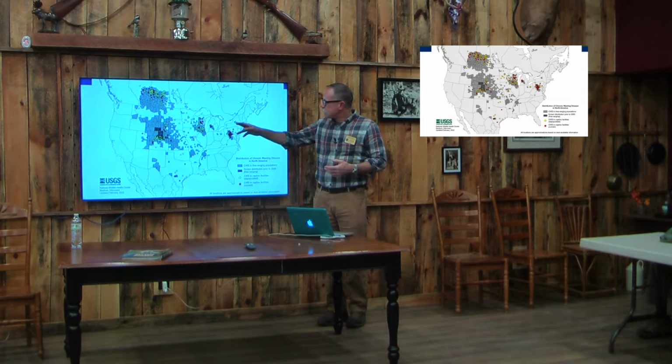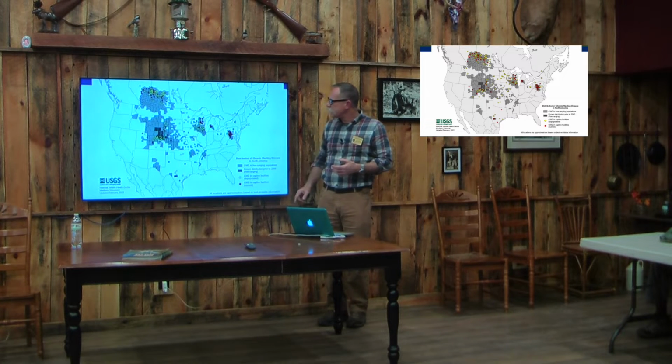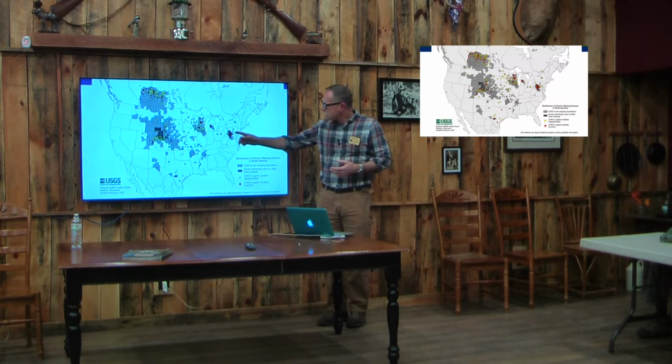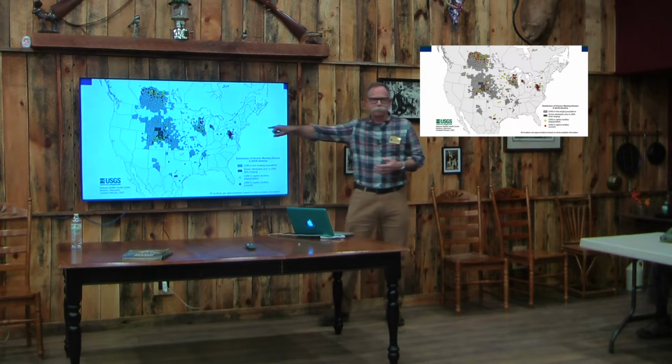You'll notice that we've got a yellow dot. Back in 2005, we had an outbreak in New York, and I'll talk about that in a second. You'll notice that we've got a lot of red dots here in our neighbor to the south. This is going to be a huge headache for us. This is a huge problem for us. And this yellow dot is last year, 6 miles from the border in New York.